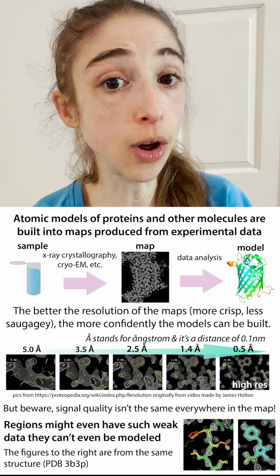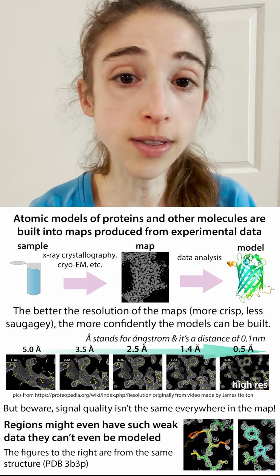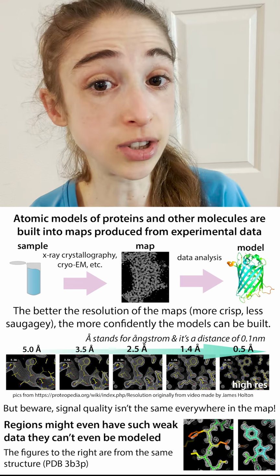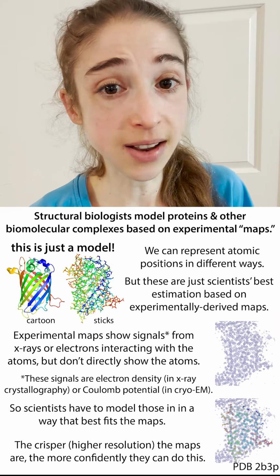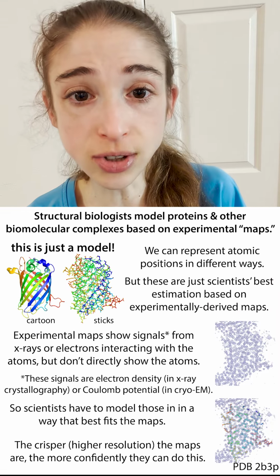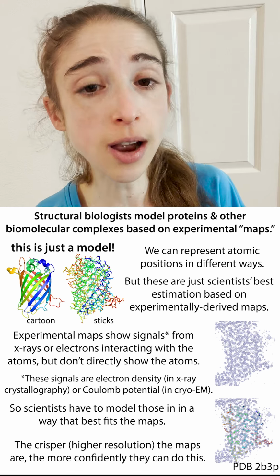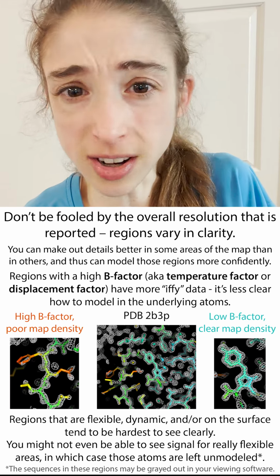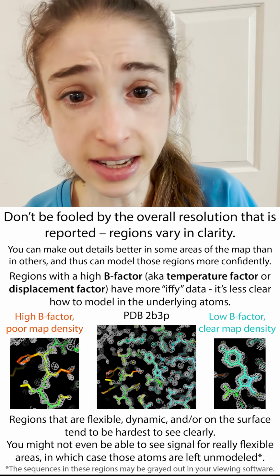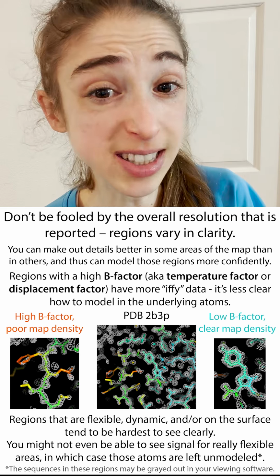Scientists then have to go and place the model into the maps, and the crispier the maps are, the higher the resolution, the easier it is to do this. It doesn't guarantee that they do it correctly, so scientists have other data points that we can look to, such as the R-work and the R-free, to see if the scientists did a good job in actually modeling the structure to match that experimental data. The more complex a sample is, the harder it is to get a high resolution structure. There might be regions of a structure that you can't really see very well,